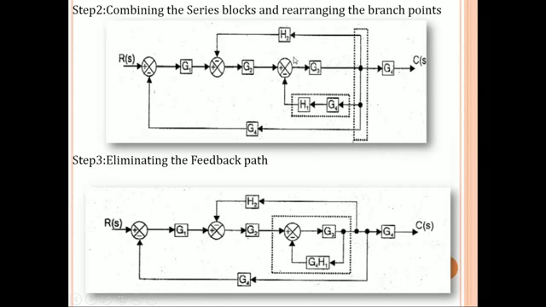Now looking into the block diagram, by moving the branch point before the block, here we are multiplying the value with G4. These two blocks are cascaded blocks. If two individual blocks are in series, the resultant block can be multiplied. So we can replace these two individual blocks with a single block. We can replace this value as H1 into G4.